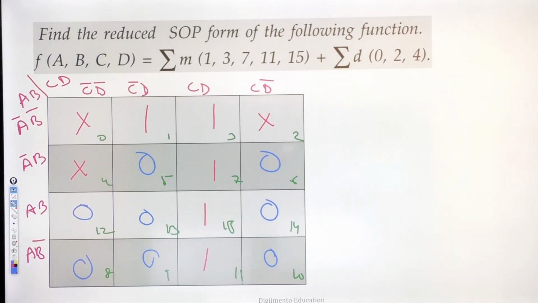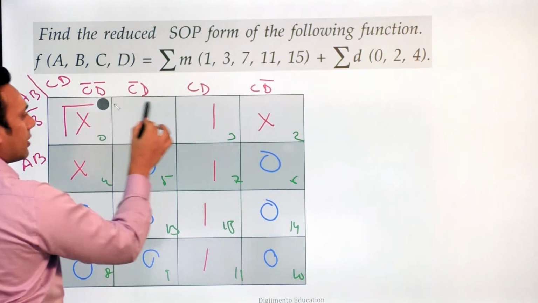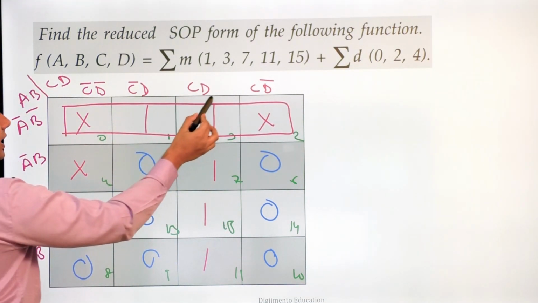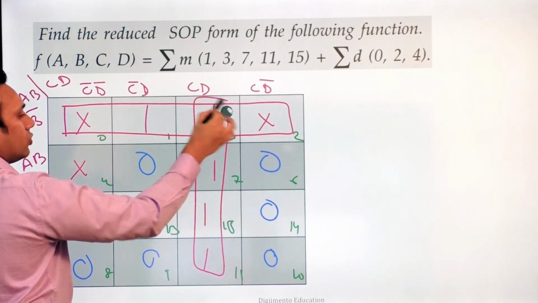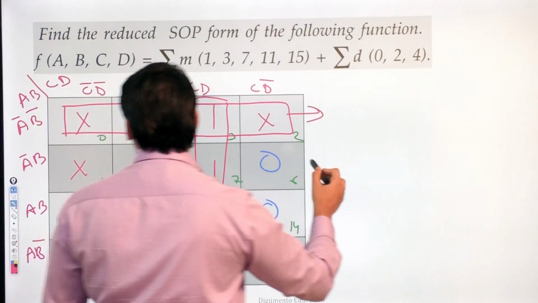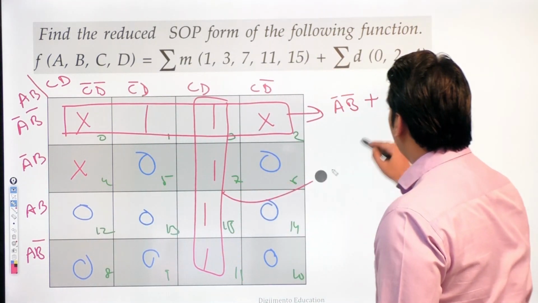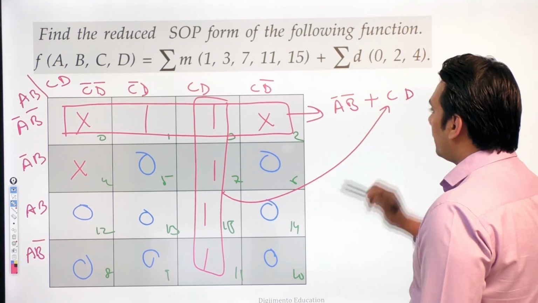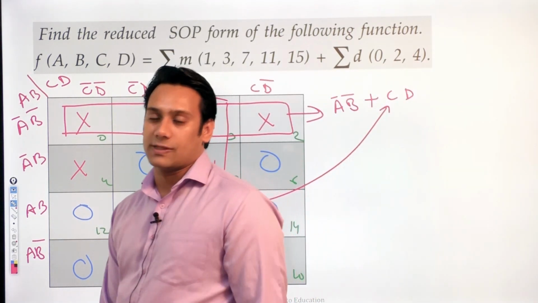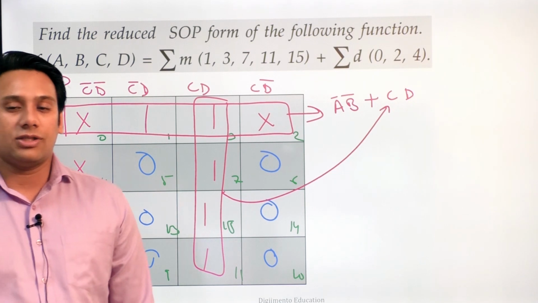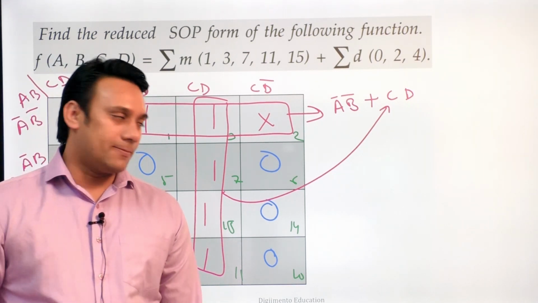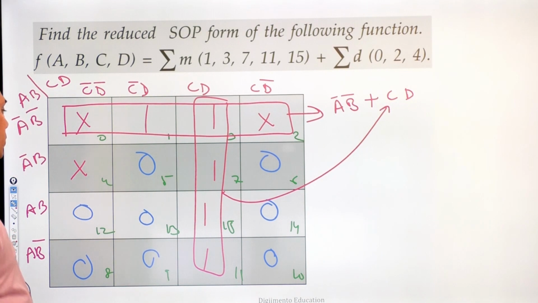These are the values. So first of all, let us try to identify the SOP expression. As I said, you can combine don't care conditions. So I can combine this don't care with this subcube, and here we also have this subcube. So you have two subcubes. This subcube represents A complement B complement, plus this subcube here represents CD. So the SOP expression is such a small expression. Just because we have a don't care condition, we can easily minimize the SOP expression here. In the same way, I can also combine these don't care conditions with product of sum expressions.